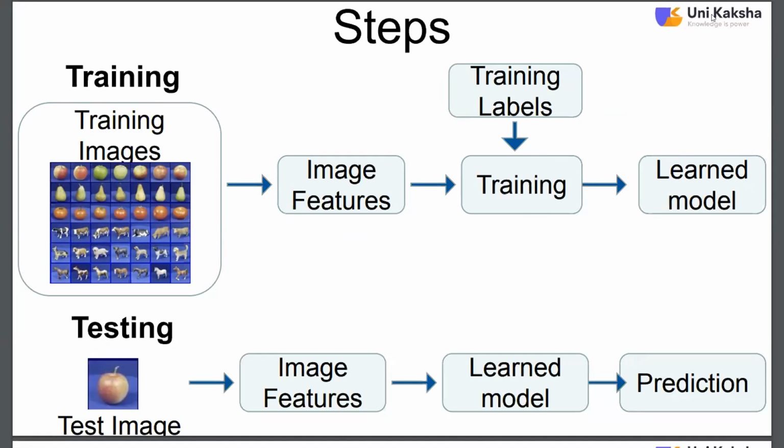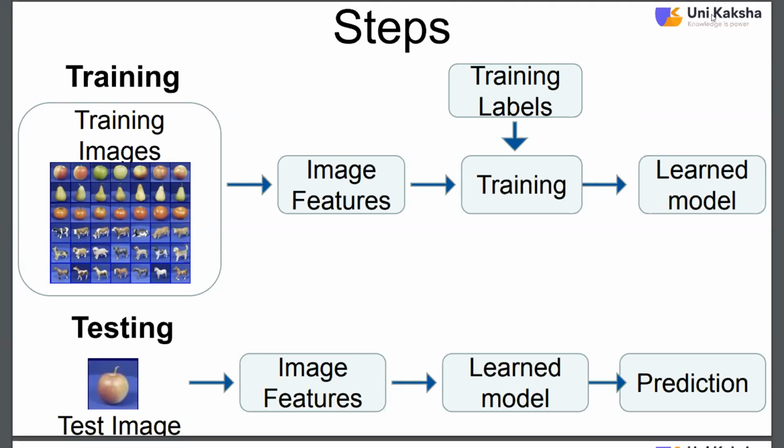This is a simple example of this particular model, where training images are shown here for different kinds of fruits as well as animals you can see on the screen. These training images have some features, so image features are associated with them. These features will decide what the animal is, which fruit it is. So this training will be done with the model, and once the training is done, then we are going to test the model.